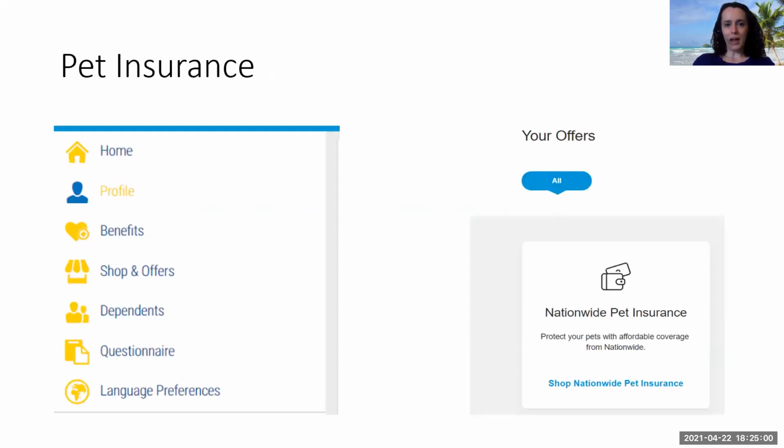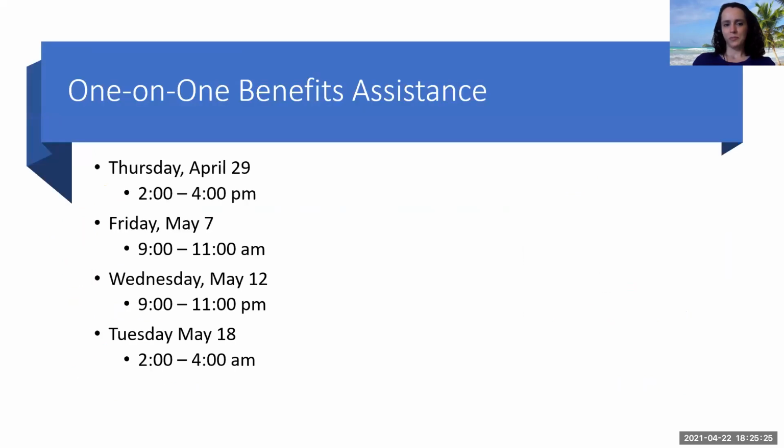And then if you're looking for pet insurance, we had to put it a little bit different place, but you can access this one all year. Any employee can enroll in it. It is petinsurance.com/SLCC, or you can go to the left-hand side and shops and offers is one of those buttons. If you click on shops and offers, pet insurance is right at the bottom. We also have a webinar that Nationwide performed that we will get posted.